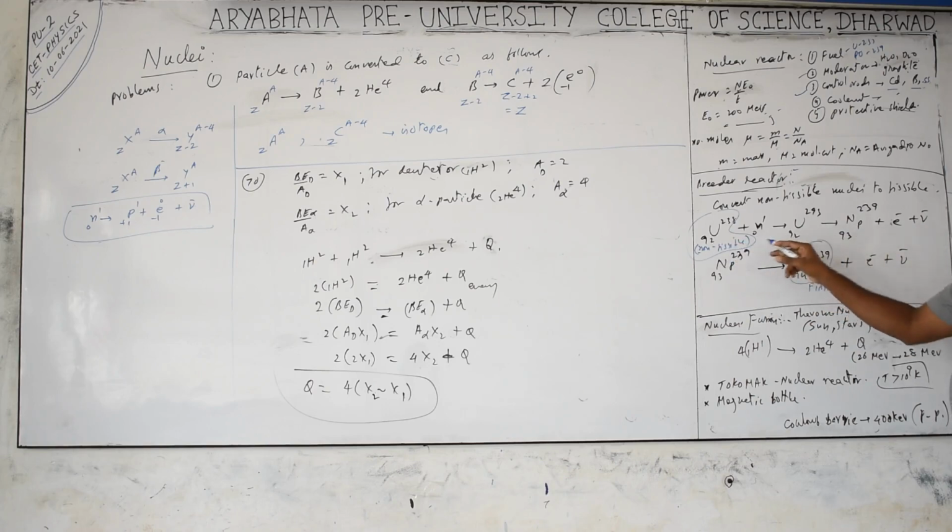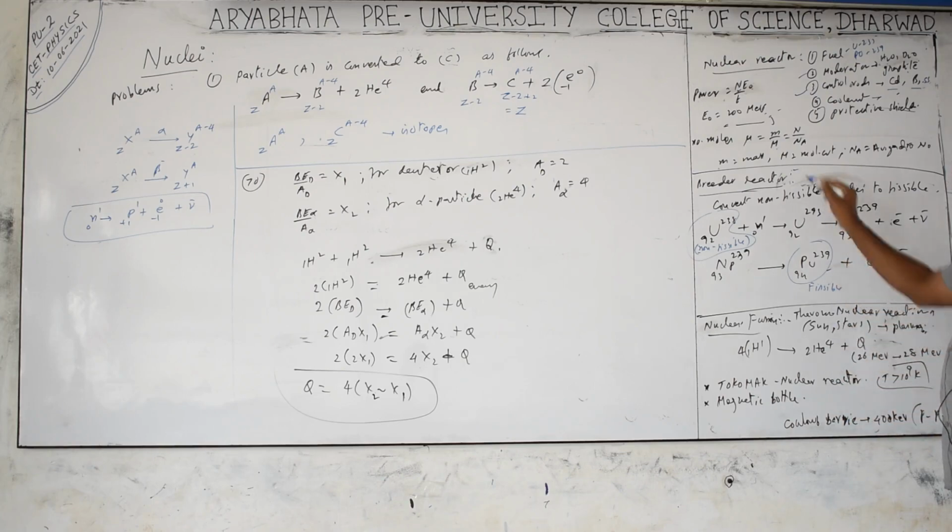Here the Z number is increasing. Z means proton number is increasing, meaning neutrons are converted into protons inside the nucleus. Already excess neutrons are there, which are converted into protons, so they emit electrons. When a neutron is converted, a proton and an electron will be there. Along with the electron, an antineutrino is produced to conserve the angular momentum. So this feasible material is produced in the breeder reactor. They will ask you the equations. They may ask you for X here and what is produced, so you have to check by balancing the equation.